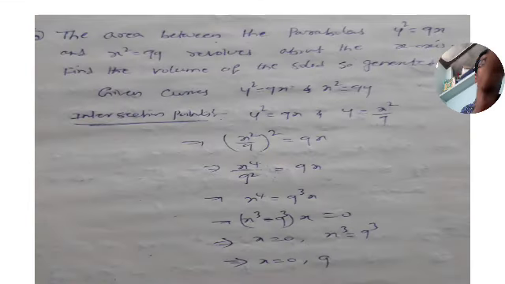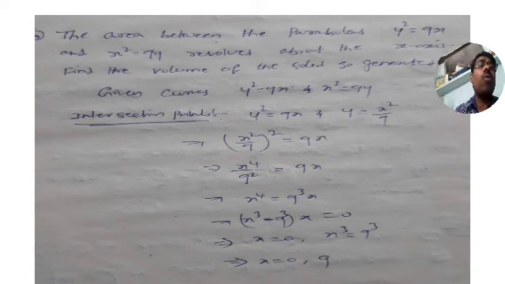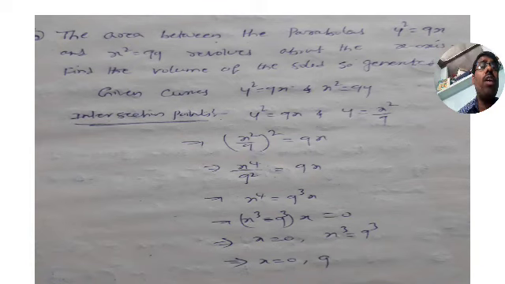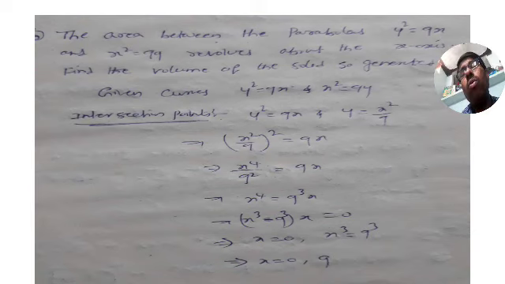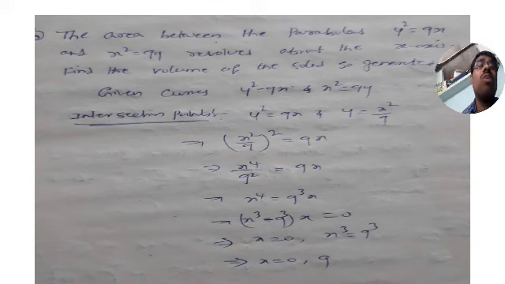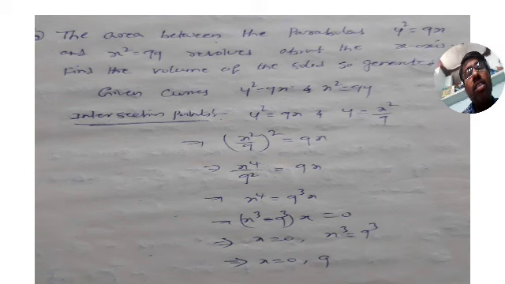We have to find the volume of a solid when the area between two curves is rotated about the x-axis. So you need to find limits. First of all, we need the intersection points, so equate the two curves. Once you equate the two curves, you get x equal to 0 and x equal to 9. Now you have to decide the upper curve and lower curve. In between the limits 0 to 9, I am taking the simplest value, that is 1, and substituting. For the first curve you get 3, and for the second curve you get 1 by 9. 3 is more than 1 by 9. So the first curve, y is equal to root 9x, is the upper curve, whereas the second curve, y is equal to x square by 9, is the lower curve.